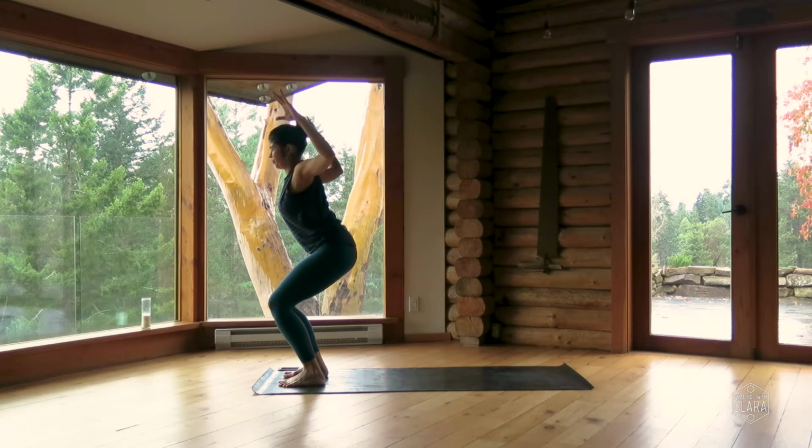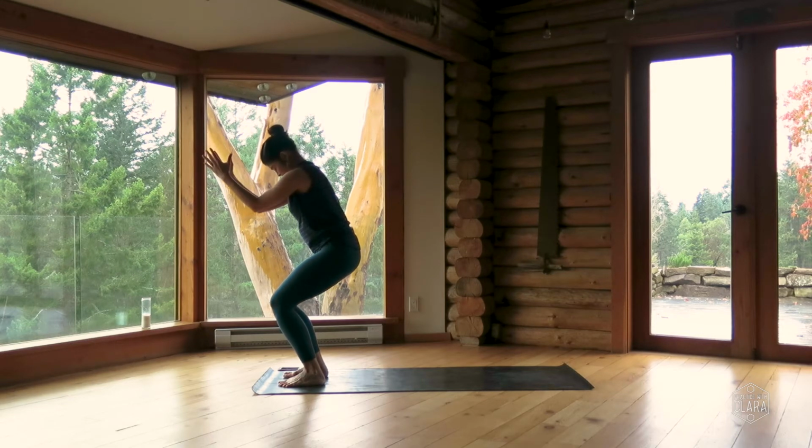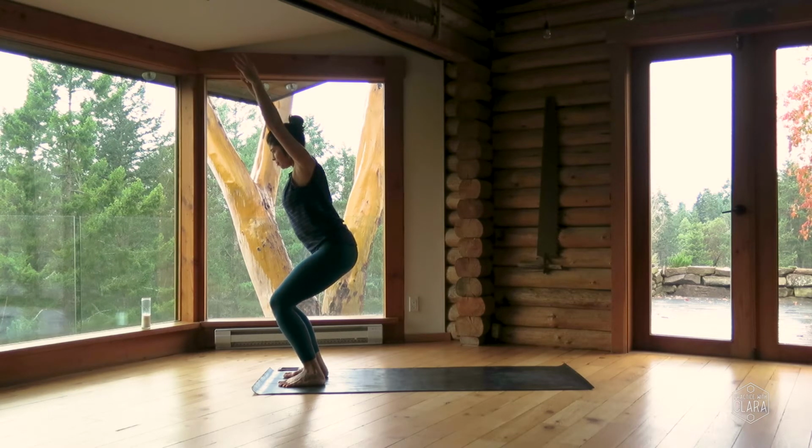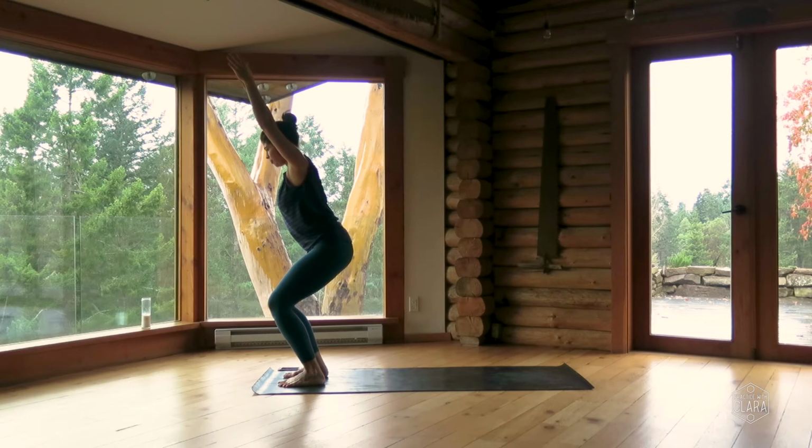Inhale, elbows and palms touch in front. Exhale, open your arms out to the sides. Inhale, reach the arms overhead, good old chair pose. And then exhale, see if you can sit down a little bit deeper and then shift your weight into your